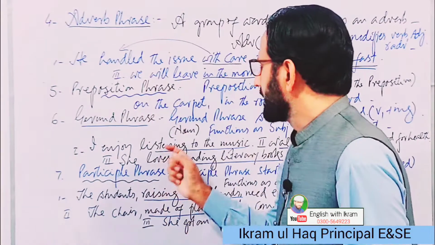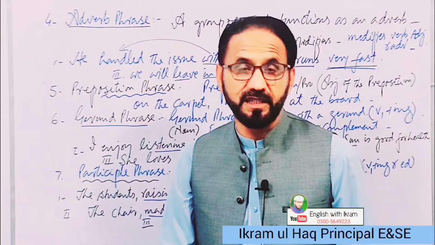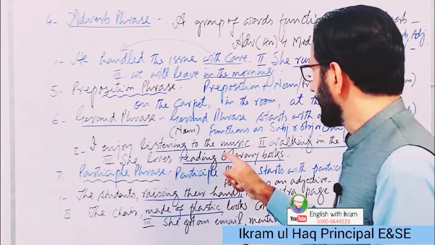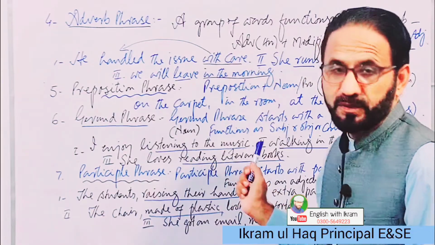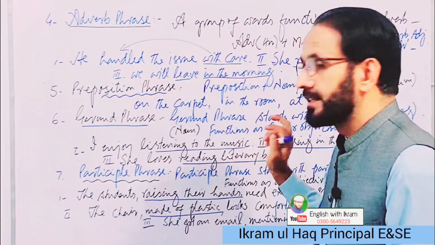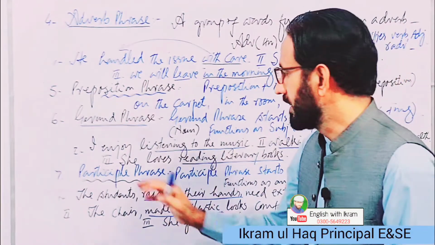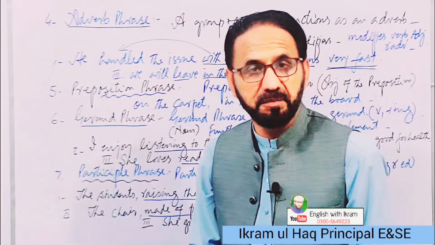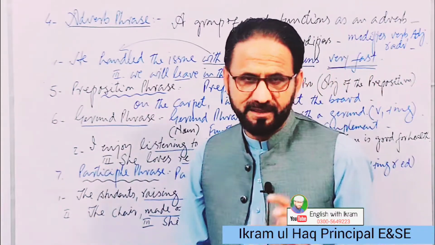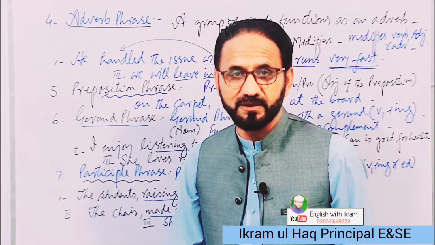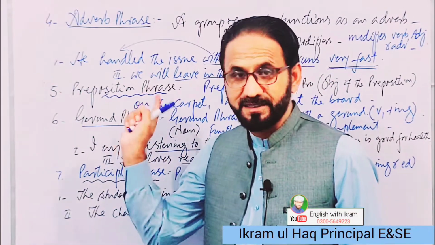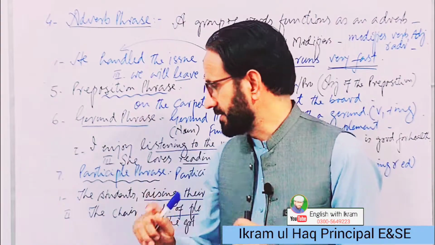One more example, she loves reading books. She loves what? She loves reading books. A group of words that start with reading literary books. They start with a gerund and function as the object of the sentence. She loves what? Reading literary books. So reading literary books, it's a gerund phrase. I think gerund phrase is clear to you. Let's discuss the next one, participle phrase. Keep in mind the gerund phrase. There is a slight difference.